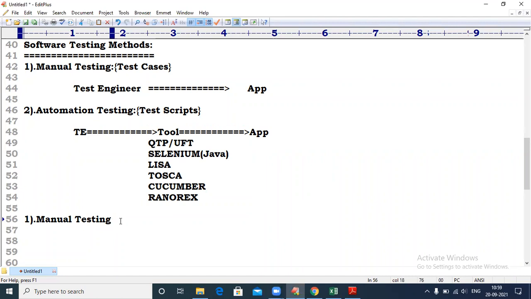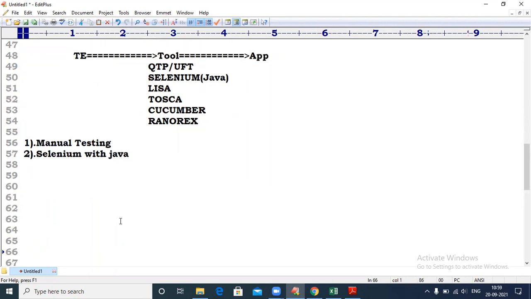Next, automation. For automation, we can use Selenium with Java. Java means don't feel it is difficult. Whatever Java concepts are required for you, I will take care of those Java concepts. You don't bother about that.